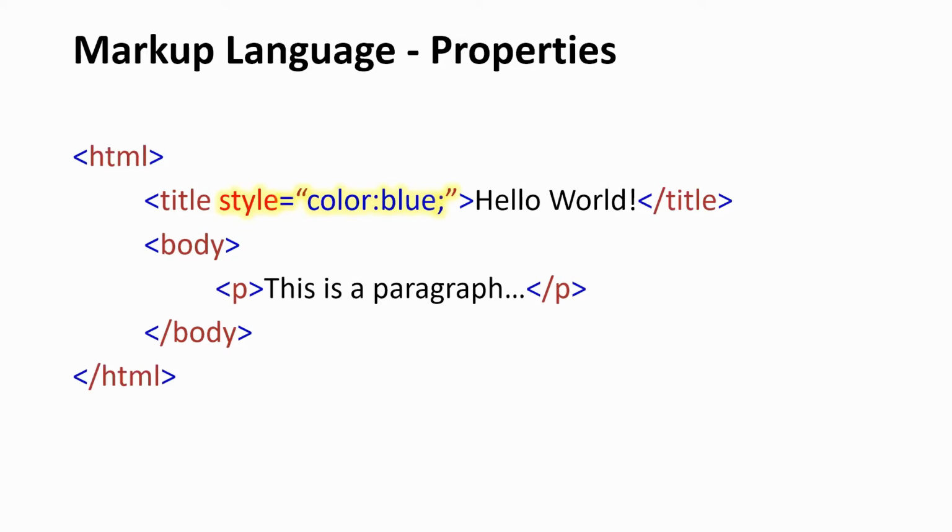And as you can see from the highlighted text here, you have the option to set different properties of that element. In this case, we're just going to set the color of the title to blue. And so,